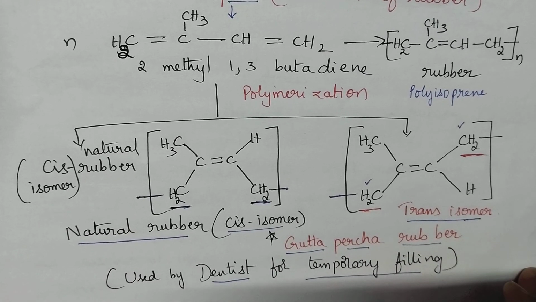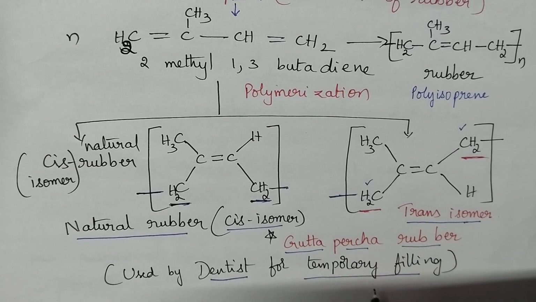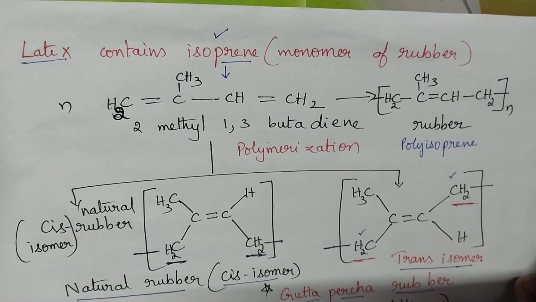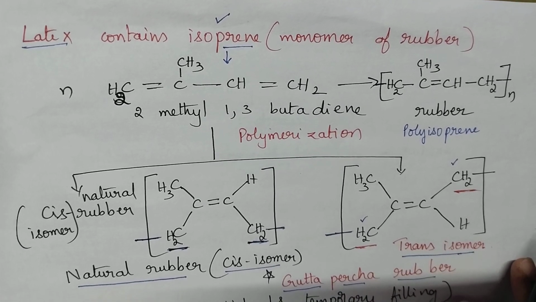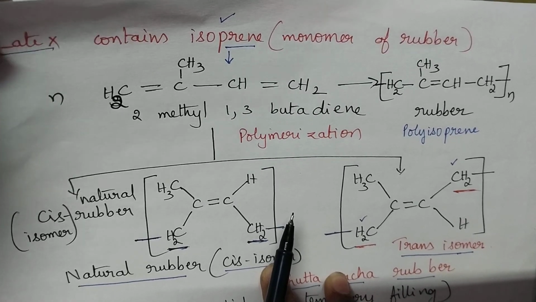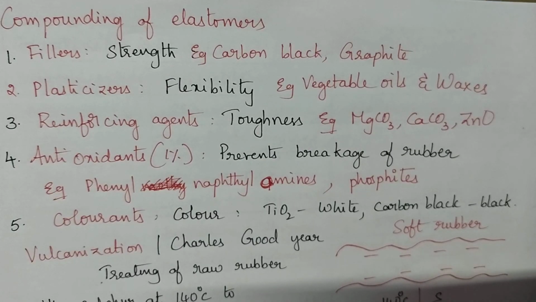So what is the importance of gutta-percha rubber? It is used by the dentist for temporary filling. Natural rubber is the cis isomer, whereas gutta-percha rubber is the trans isomer. Is it clear about the processing of natural rubber? So isoprene is the monomer present in the